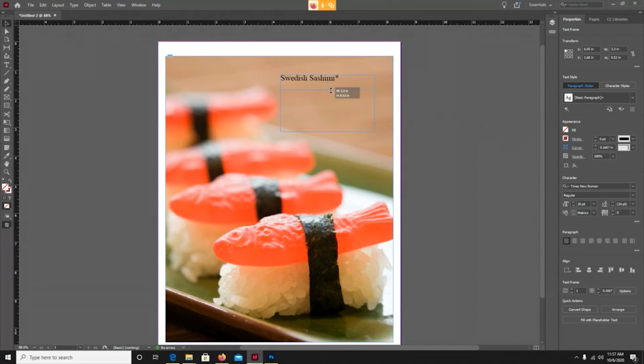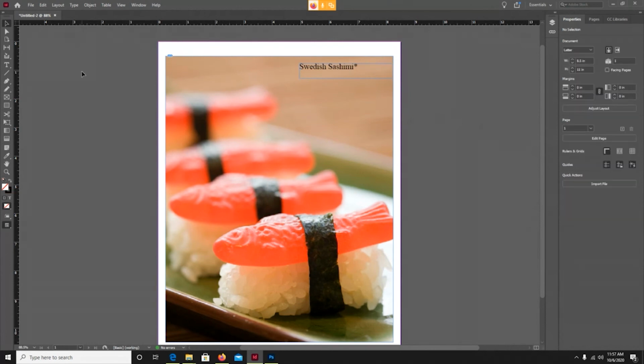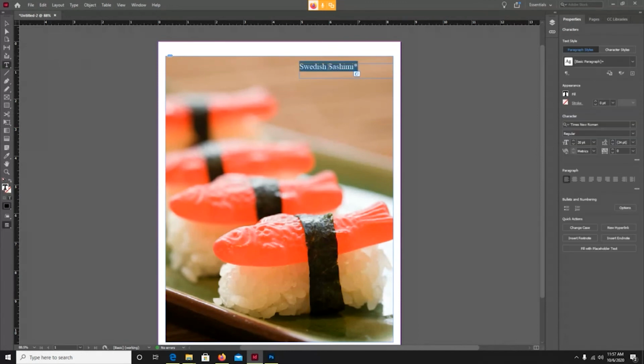Then you can go in, resize your text box, and we're going to put this close to the top of your image. And we can click off of that to see what it will look like. Two things I want to show you real quick is how in the world do we change the color of this? Well, if we highlight our text,